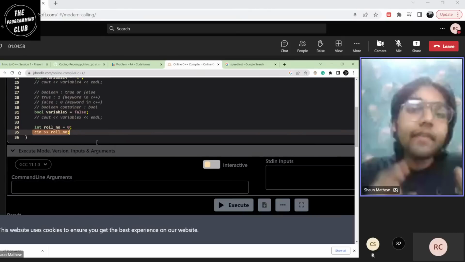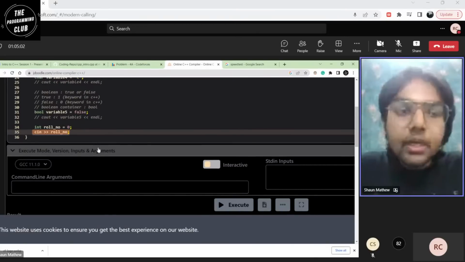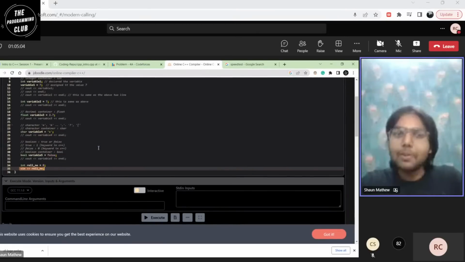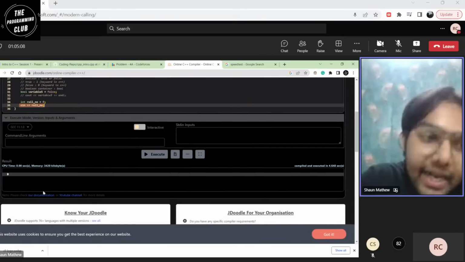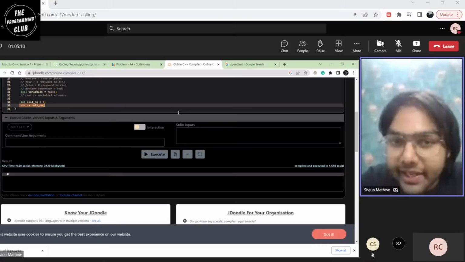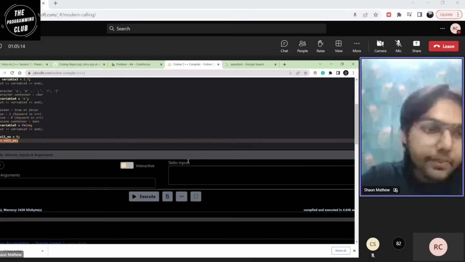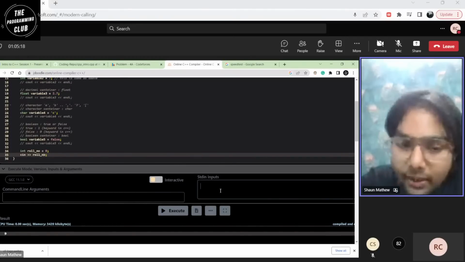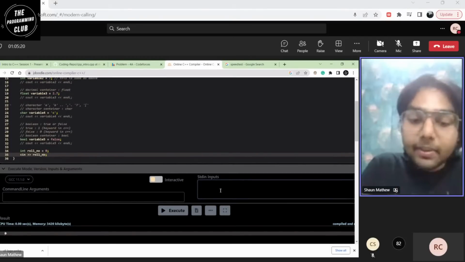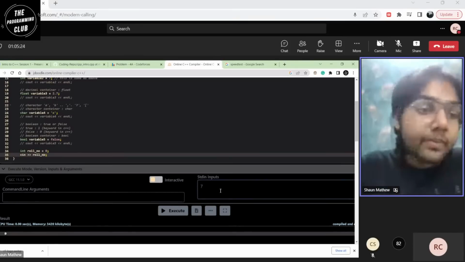Now, when and where will the user provide the input? Again, introducing you to the JDoodle platform, something new every time. Here we get the output, and here we put in the inputs. So how do we put in the input? Very simple. It is asking me for an input. Whatever number I put here, that will be the number. My favorite number again is 7, so I'll assign myself as roll number 7.